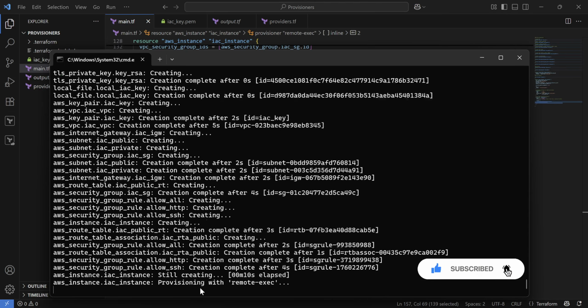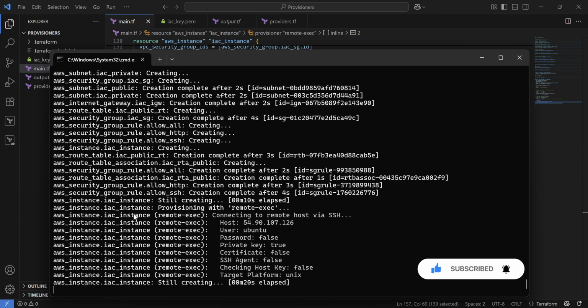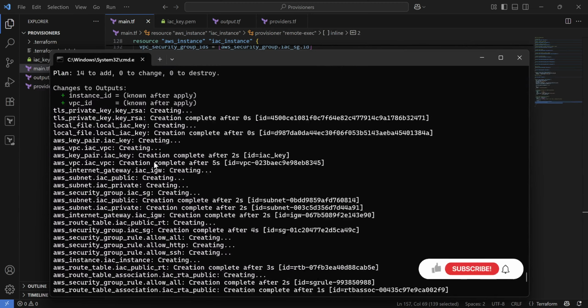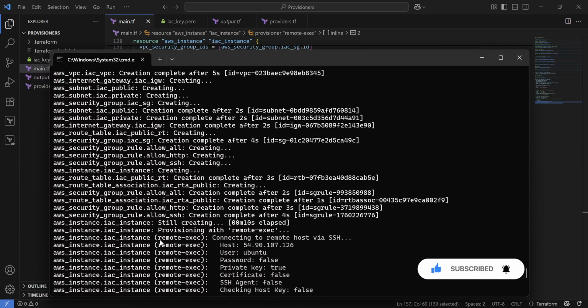It is saying it's still creating, the instance is creating. Now you can see we are executing our provisioner here. So you can see here key pair success, creating instance, creating, and then you can see here